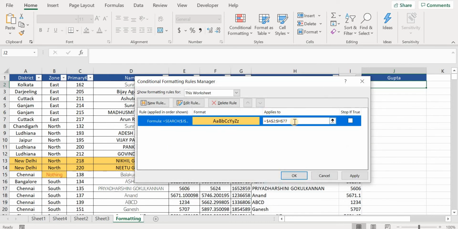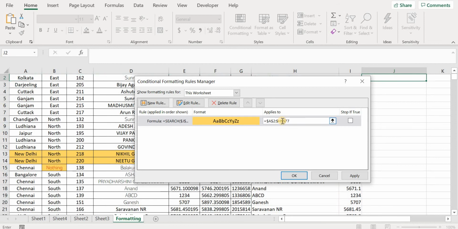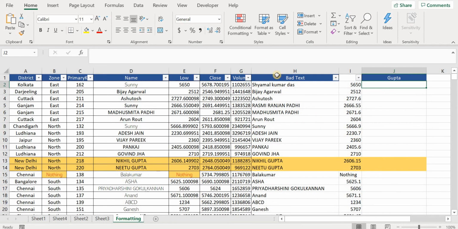This applies to the entire A2 to H7. Now let me give you, say, J7. So let's see what happens. I will write J and then $77. Apply and OK. See, it got extended till here. So that way you can highlight.